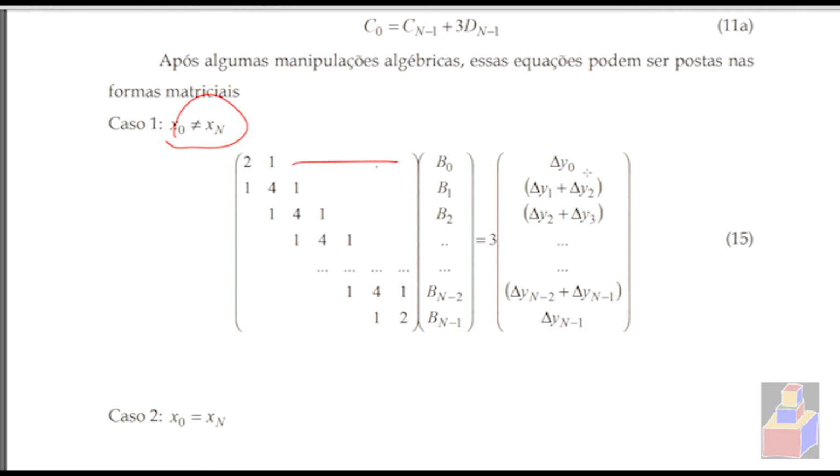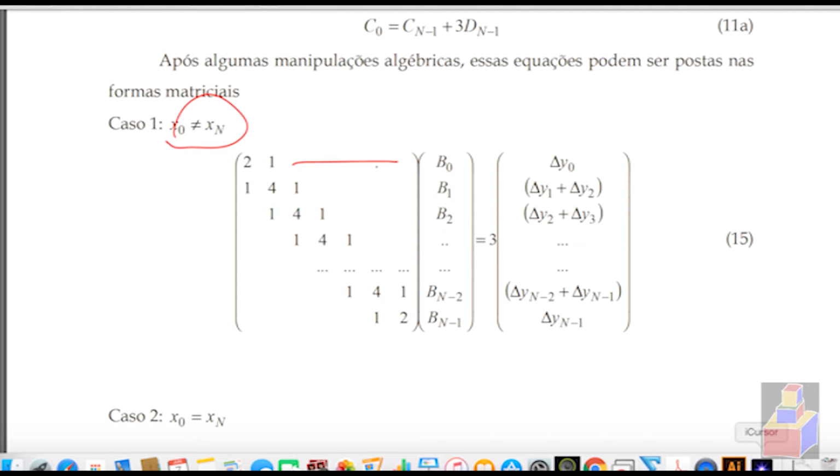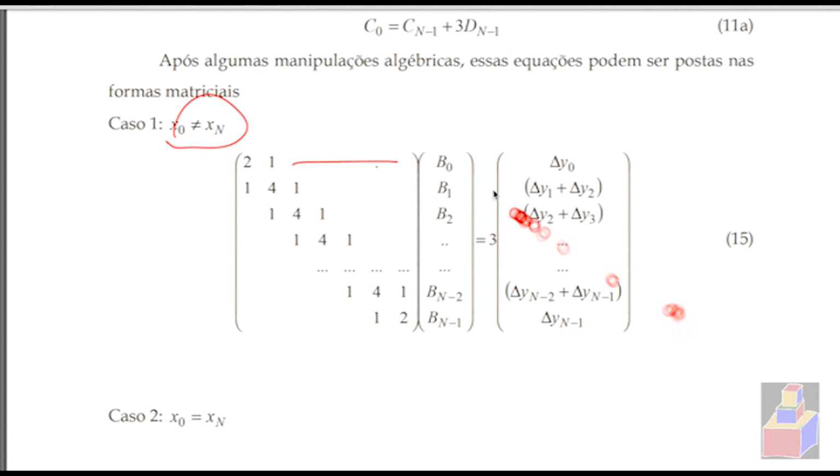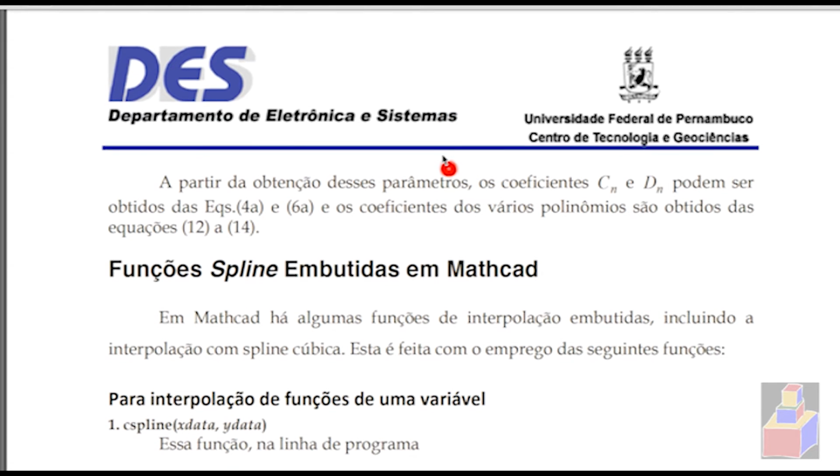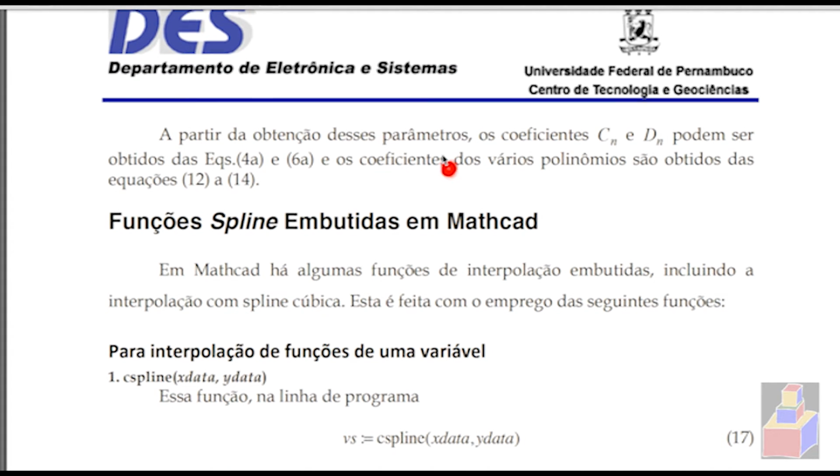And those delta y are calculated through the algorithm that we can implement. Then we determine the coefficients, and by determining these coefficients we can recover the polynomial coefficients. Okay? That's how we implement the procedure to solve for all the cubic polynomials for the fitting. Okay, well, that's what we have for you in terms of the theory behind the fitting